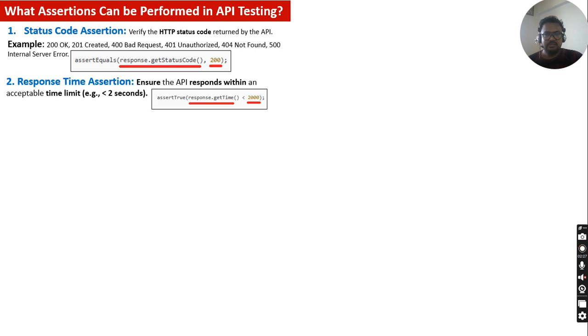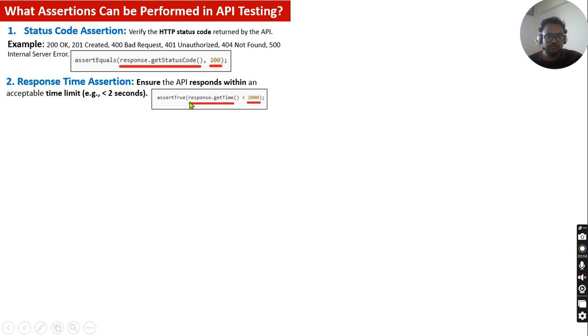Then response time. Again, when you work on API, the response time is very crucial, guys. You need to always make sure you validate your response time as well, because the reason we do backend or API testing is to save time. In UI it will take more time, but on API it should be quicker. So we need to always make sure the response of the API that we are testing is within a certain limit, and that limit may be decided by the developer or the business team. This API should respond in 2 seconds, or say 6 seconds, or something like that. Based on that you can design your test case.